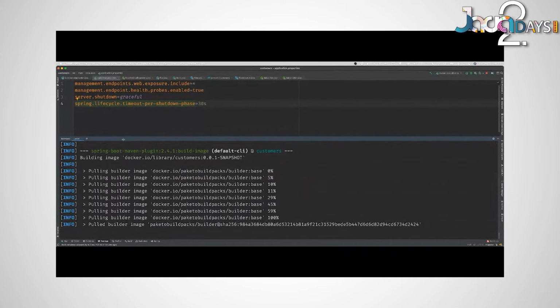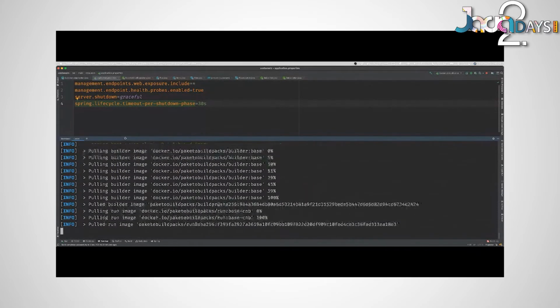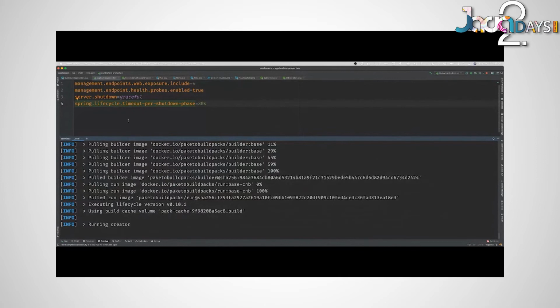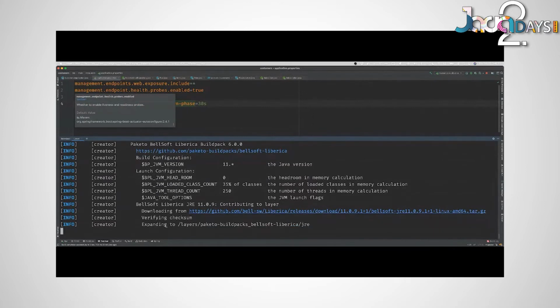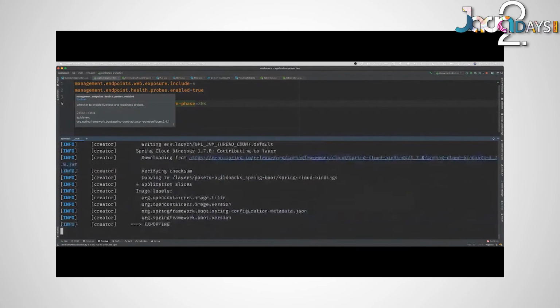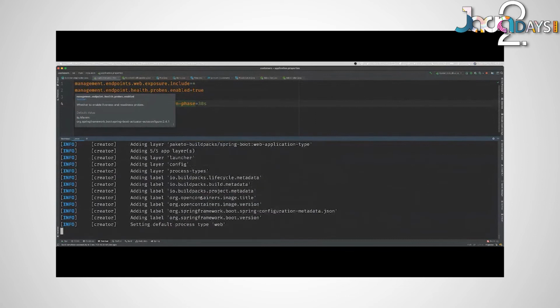And the nice thing is that because we have a specific version of the Maven build plugin, we have a very specific version configured of the build pack. If you use the same code in the same build pack, you get the same exact container over and over. And of course, you can change these things. You can evolve them. You can upgrade them. But it's nice to know that you get consistent results, reproducible results, right?